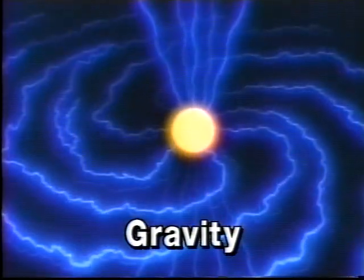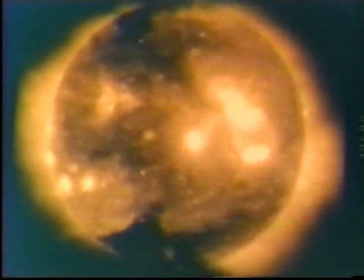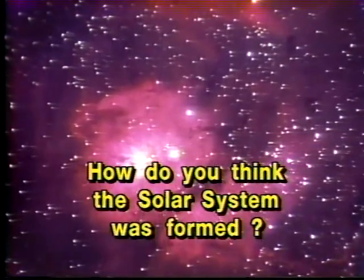Indeed, the Sun's energy and gravity are so great because the Sun contains more than 99% of the solar system's total mass. How do you think the solar system was formed? There are many theories, but most astronomers believe a nearby star may have exploded, becoming what scientists call a supernova,